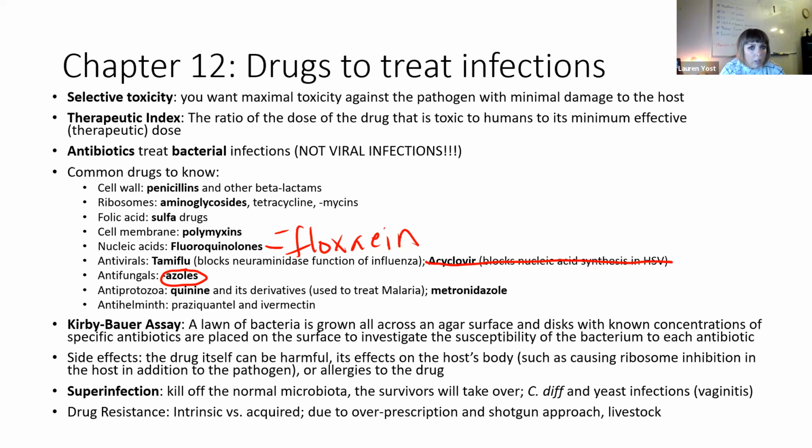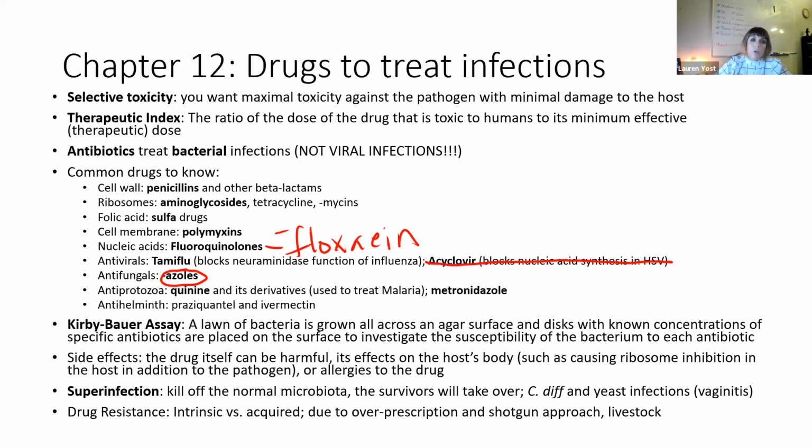The smaller the zone of inhibition, the less susceptible or the more resistant. So that means the larger zones of inhibition are going to be more susceptible. So keep that in mind, and we can use that to determine potentially what medications you might want to choose